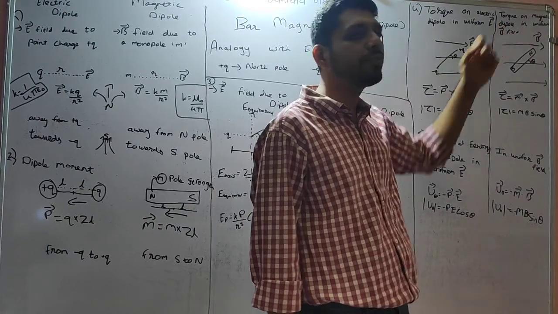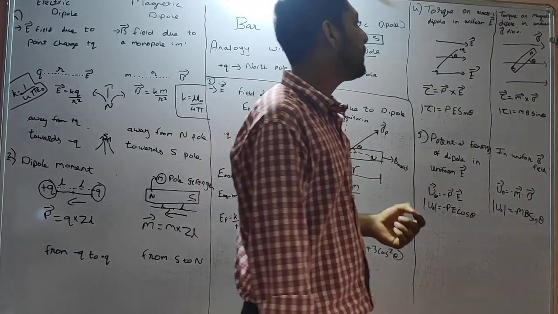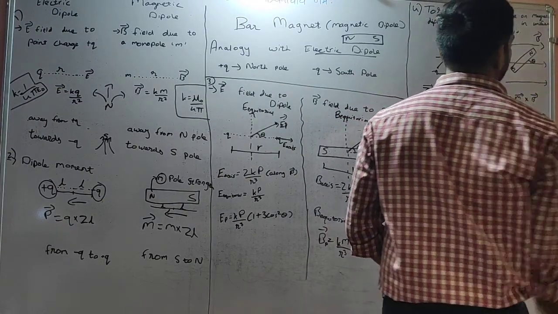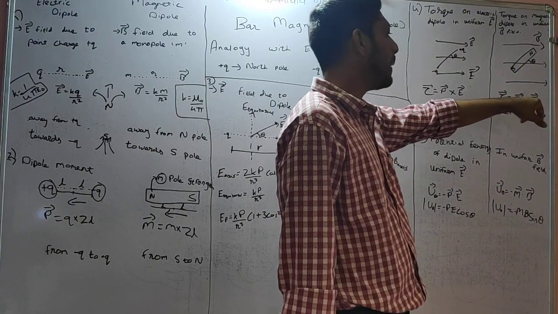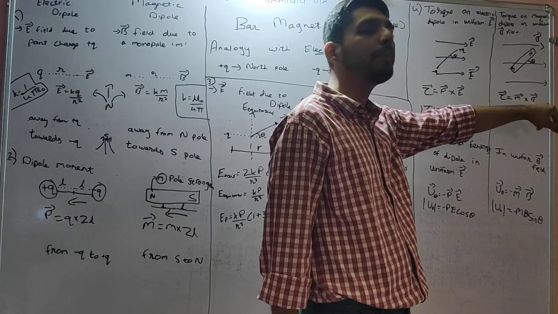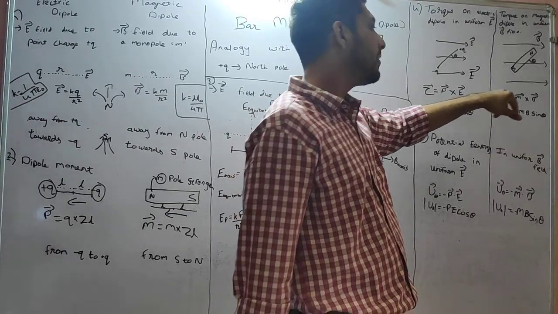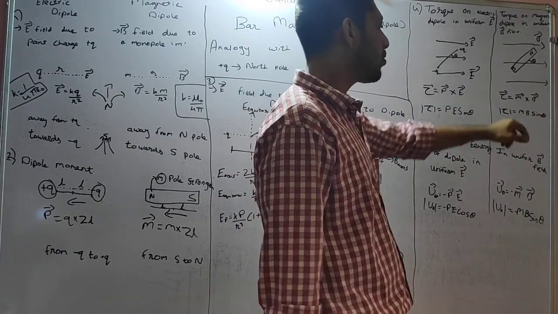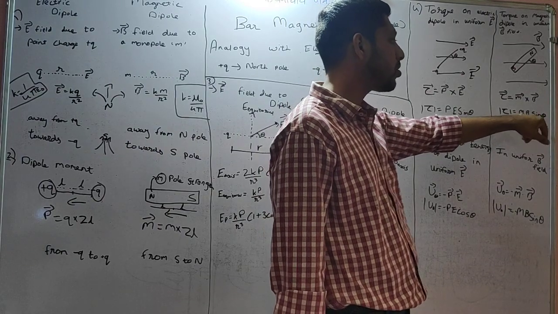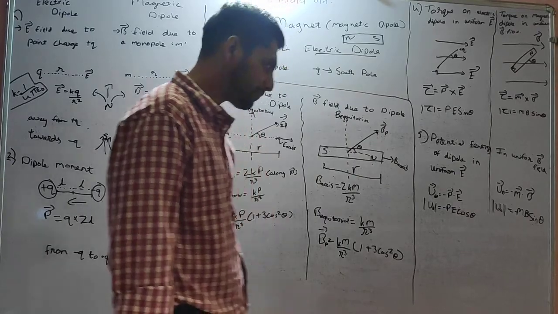Similarly over here, if you want to find the torque on a magnetic dipole placed in a uniform magnetic field, then if it is at angle theta, the torque will be m cross B, where m is the magnetic dipole and B is the magnetic field. Similarly, here it was electric dipole and electric field, whereas here it is magnetic dipole and magnetic field. If you want to find the magnitude, then similarly you can remove the cross product. It will be mB sin theta.